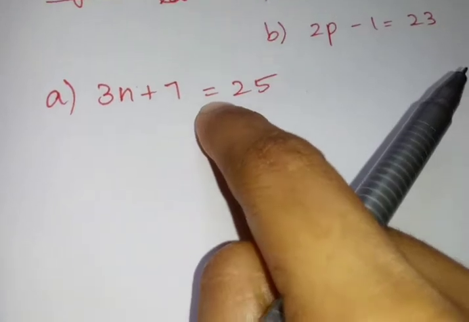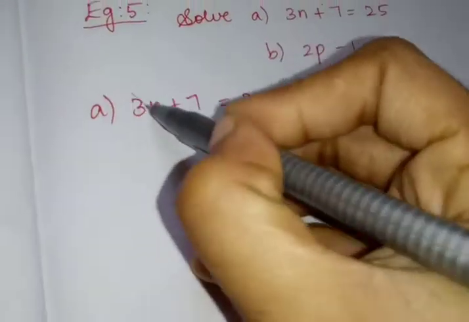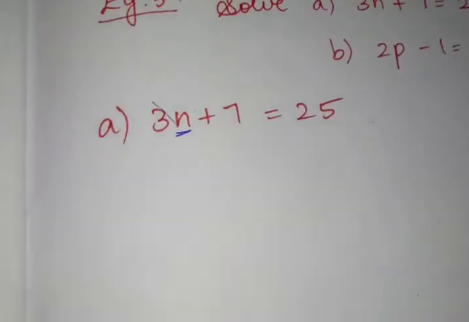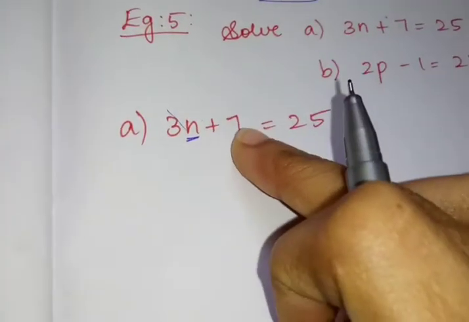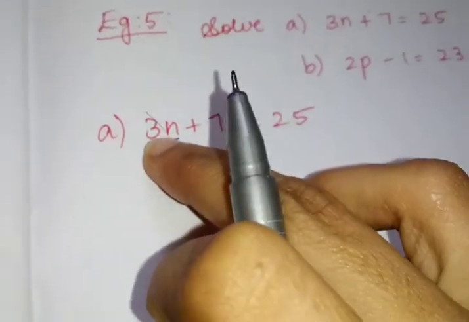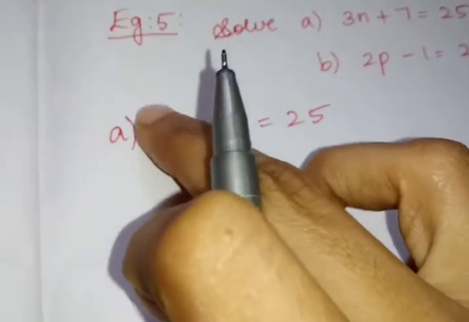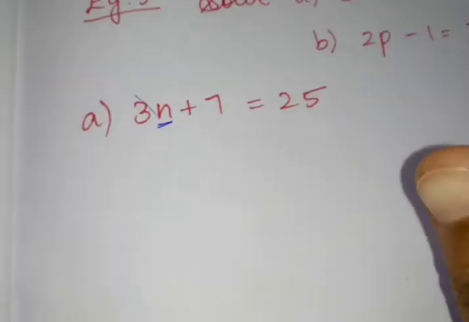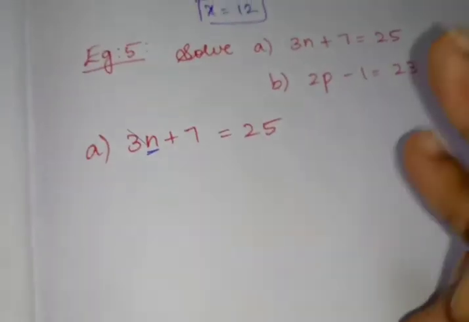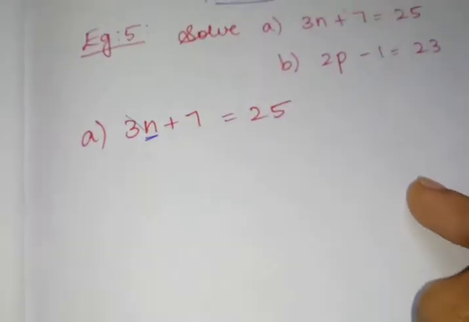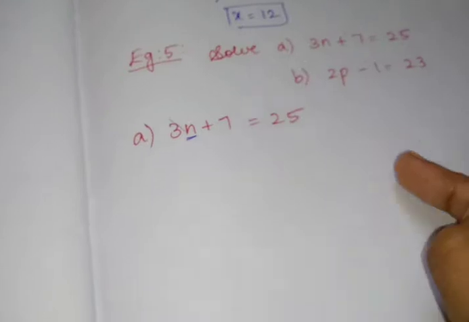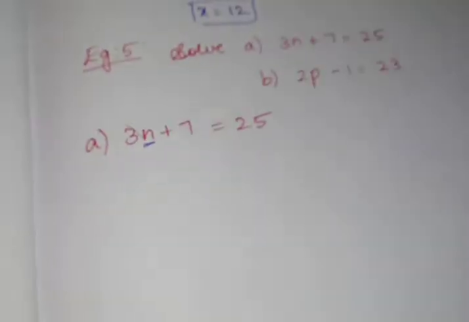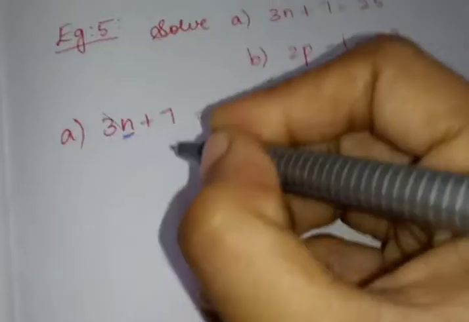So, in this what do we have to find? We should find the value of n. Okay. So, we should eliminate this plus 7 and 3 into n. This multiplication of 3 I should eliminate, plus 7 I should eliminate. First, what we can eliminate is plus and minuses. Always you eliminate your addition values, subtraction values.